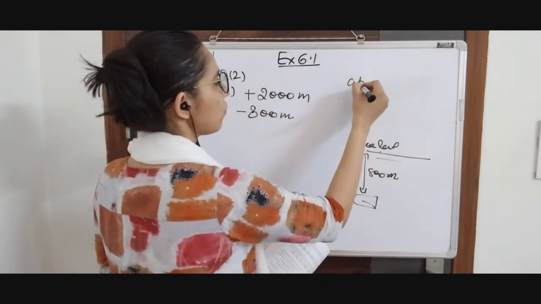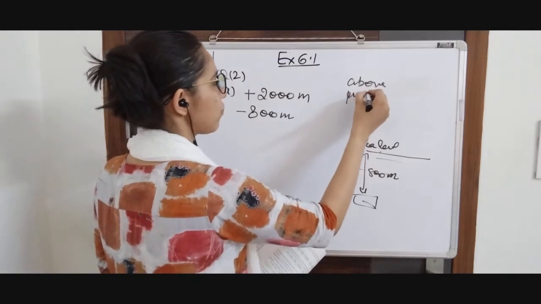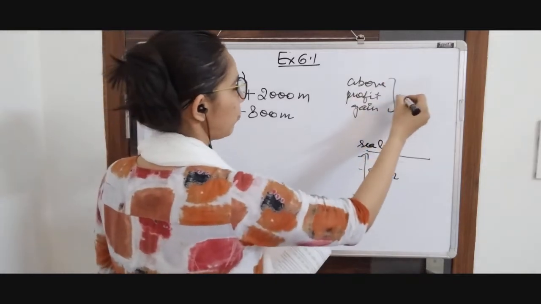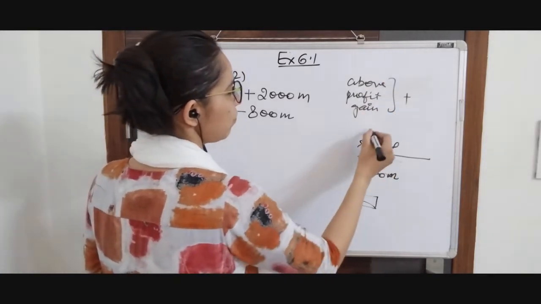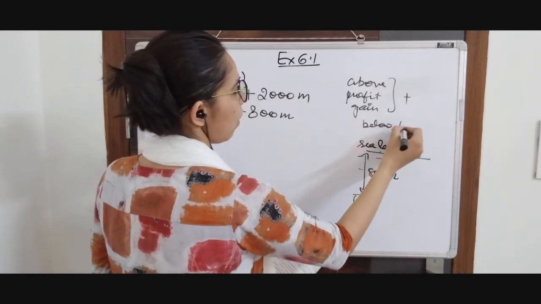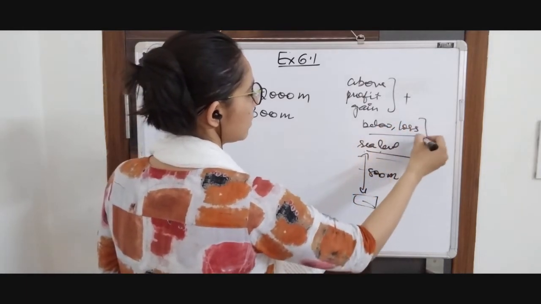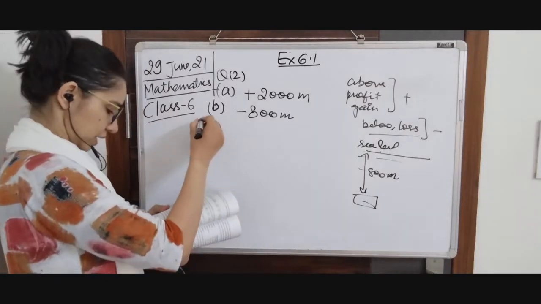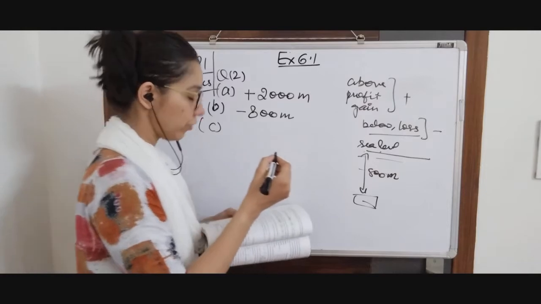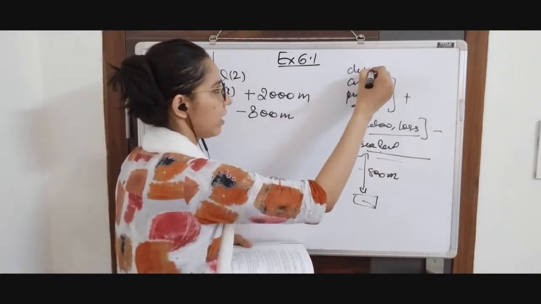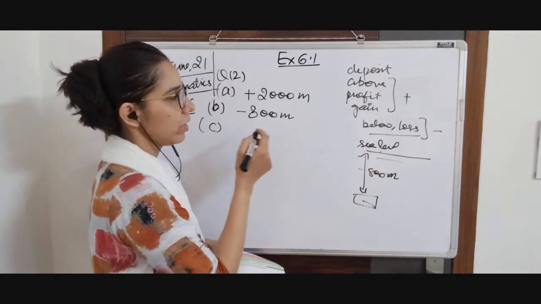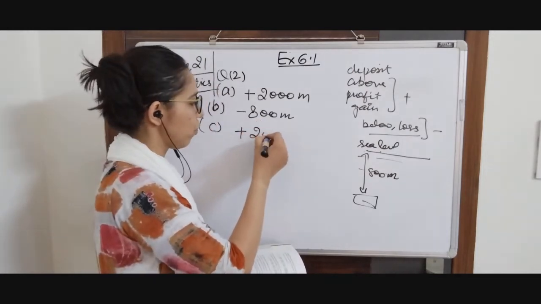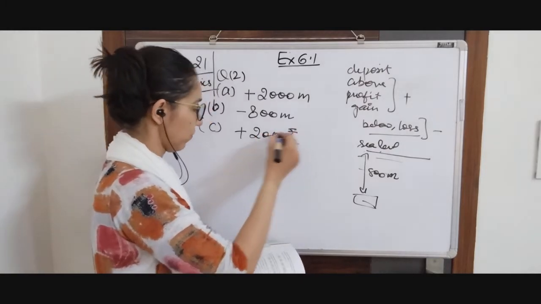If there is above or profit, gain, then we are going to use plus sign. If we have below, loss kind of words, then we are going to use negative sign. A deposit of rupees 200. If we are having a deposit, it is going to be represented by positive sign. It is going to be positive 200 rupees.